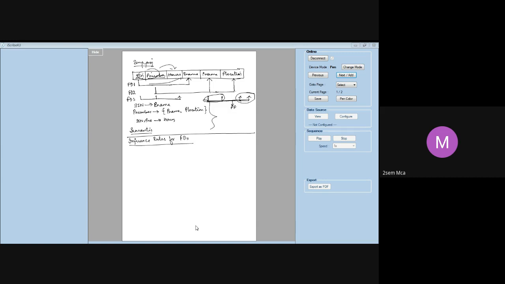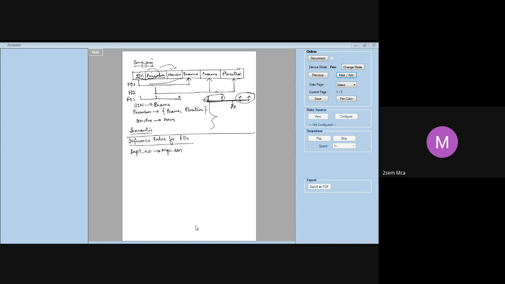So we should be able to infer. But how do I infer it? There are certain rules. Let me give you one more example, not out of this table, just a simple one. Suppose I have department number determines MGR SSN. That means given the department number, I can always determine who is the manager of that department, the SSN of that manager.